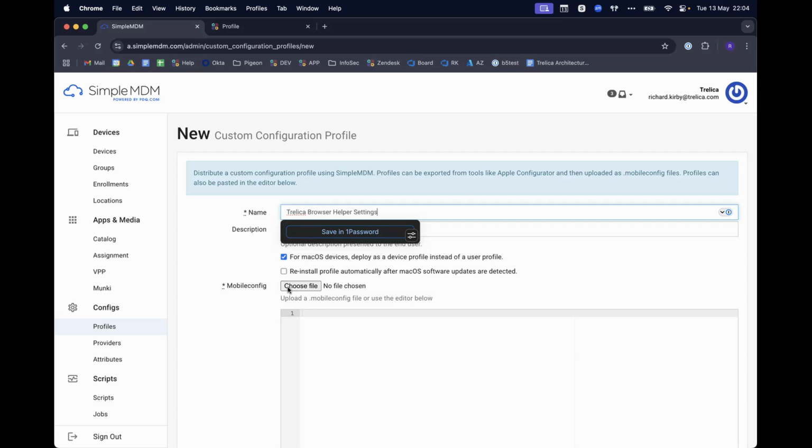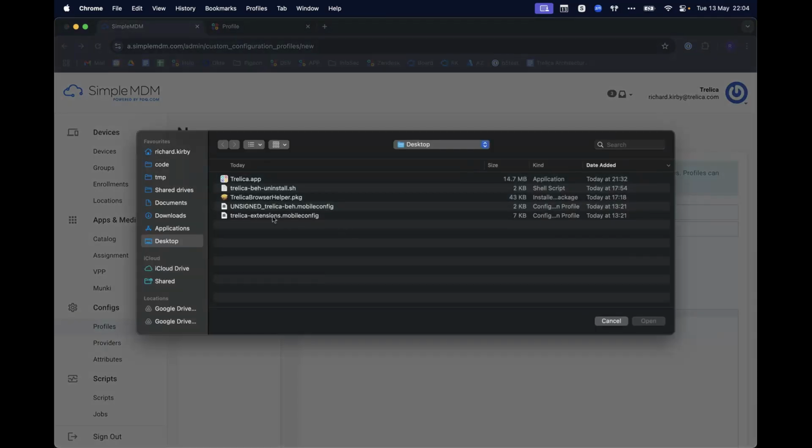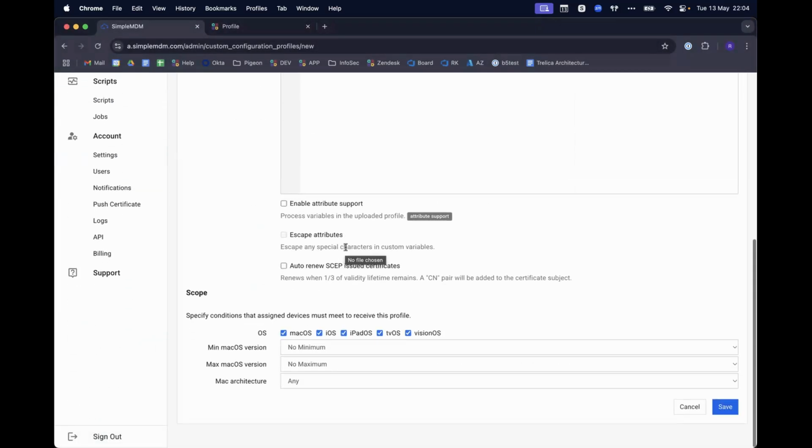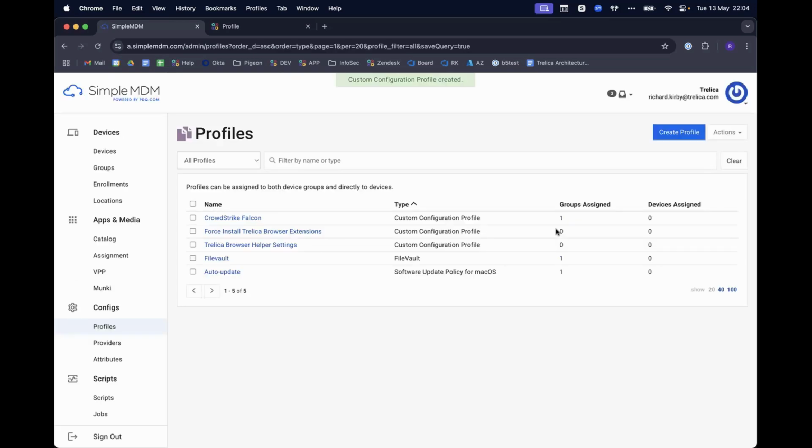And this is the settings. So that's the org ID and the host. Okay, so we'll upload that, and not particularly important, but it is macOS only, so we can then save that. Okay, so we've created those two profiles in SimpleMDM, and the next step is to go over to the